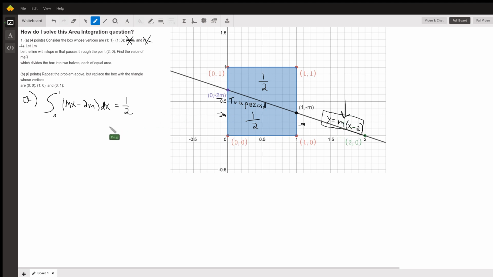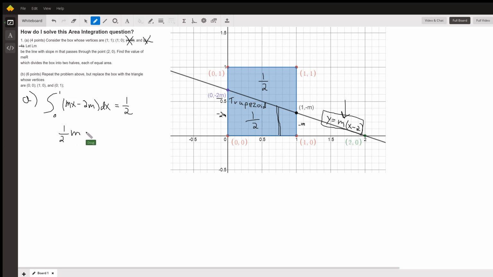Now, if you really want to use calculus and a definite integral, the idea is that the area under this line would be defined by the definite integral from 0 to 1 of, well, here's the height of a typical rectangle. It's the y coordinate defined by this equation right here, y equals m times the quantity x minus 2. So if I distribute that m, mx minus 2m dx, we want the value of m that will make this integral evaluate to 1/2. So the antiderivative of this is 1/2